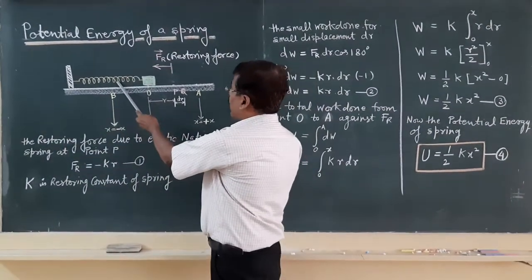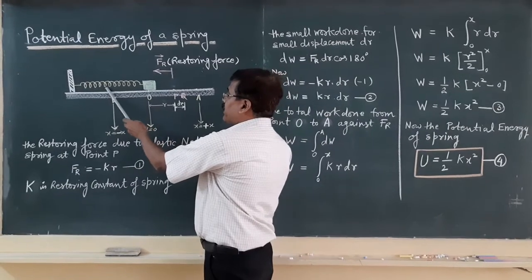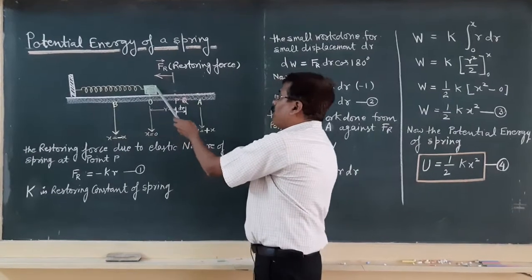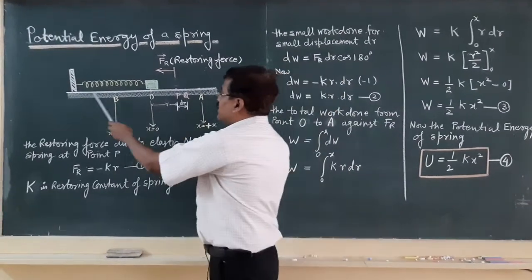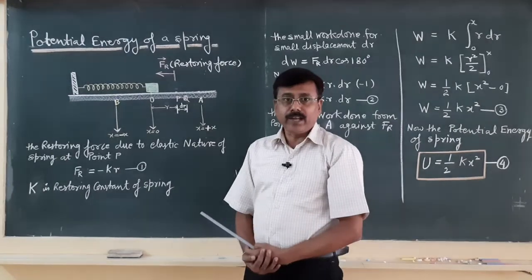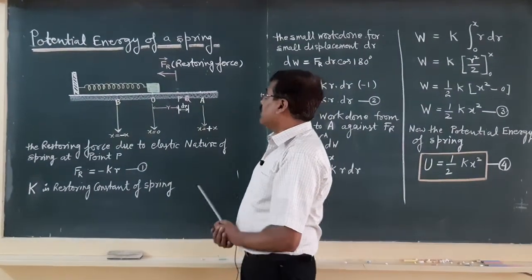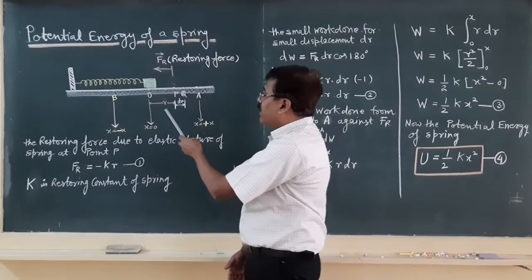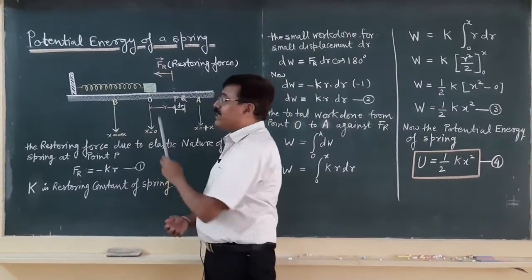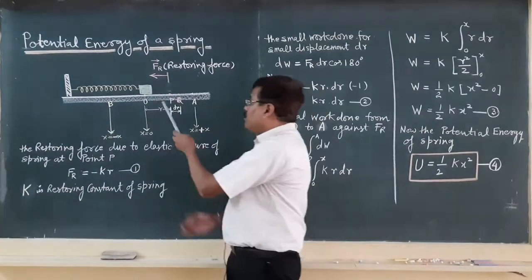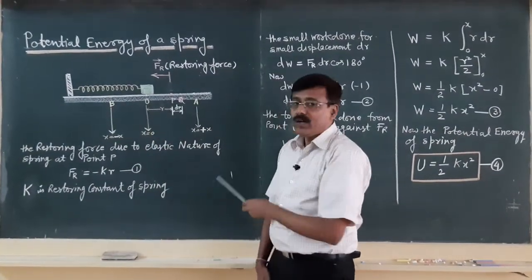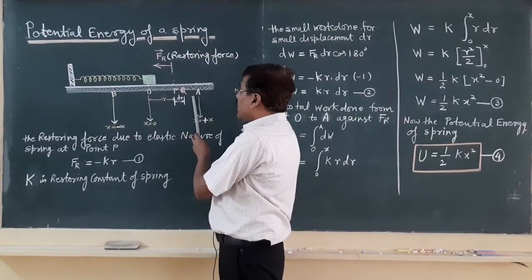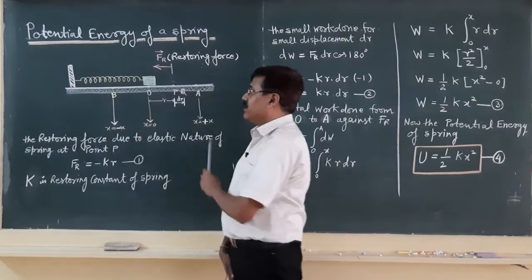So, this is a spring, helical shape spring. One end of this spring is attached to a rigid support, the other end to a block. This block is kept on a horizontal, frictionless plane, say ideal condition, and the restoring force is basically the force exerted on the block due to the elastic nature of the spring. So, when we push or pull the block, it starts oscillating about point O between extreme points A and B.